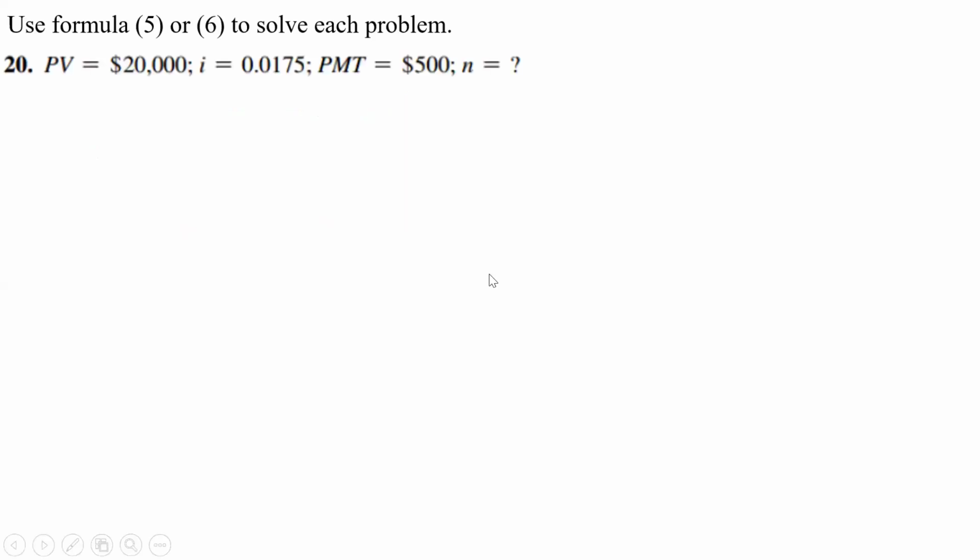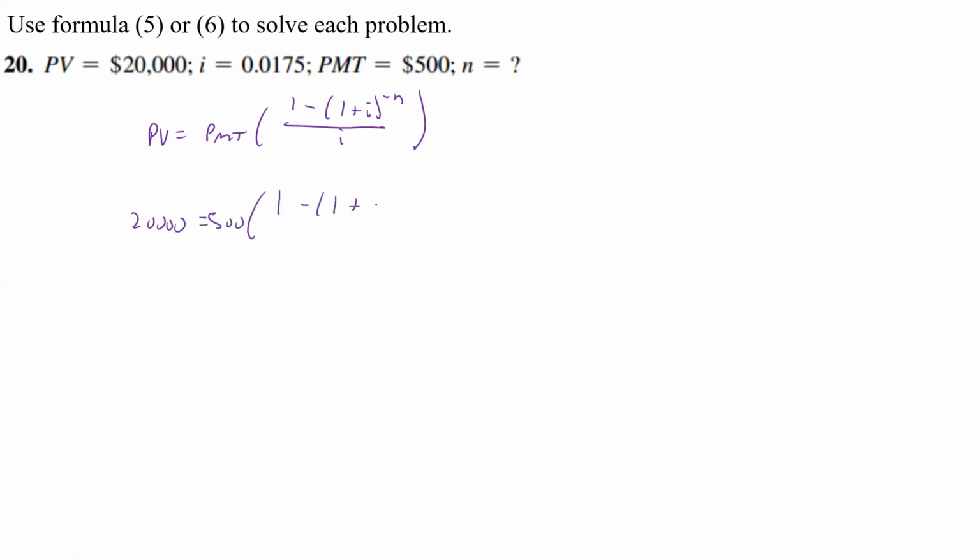Let's try another one. Here we're supposed to use either Formula 5 or 6, depending on how the problem works, and solve. For this case, we're supposed to solve for n. We have a present value, we have the I, we have the payment, and we're supposed to solve for n. So I think we're going to use PV equals PMT times (1 minus (1 plus I) to the negative n) over I. So what do we plug in? Well, PV is 20,000. Payment is 500. Then we have 1 minus (1 plus 0.0175) to the negative n, all over